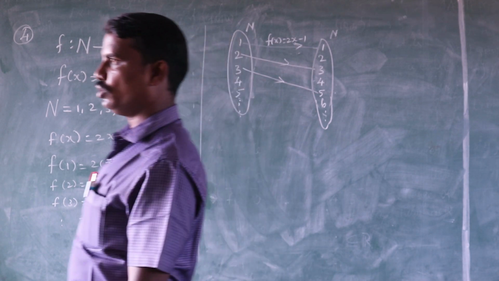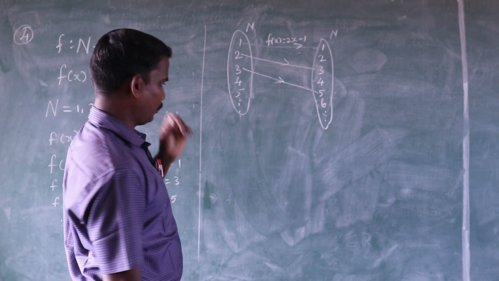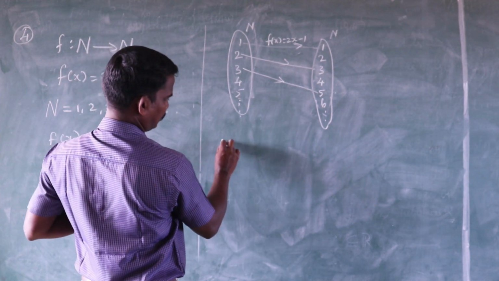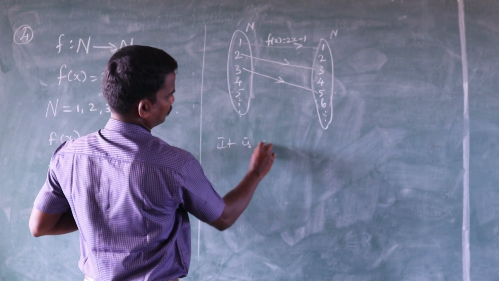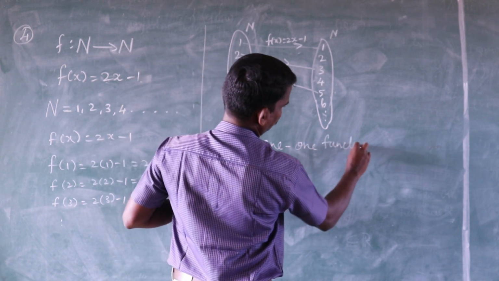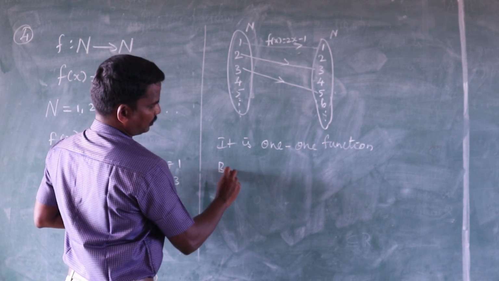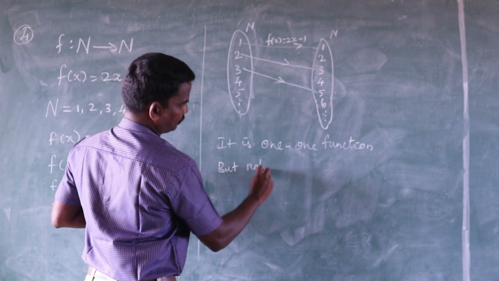So it is a one to one function. How is it a one to one function? What is the type of function? That is the question. Prove that it is one to one but not onto. Why is it not an onto function? But not onto,